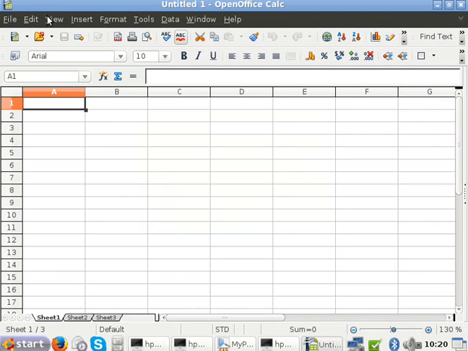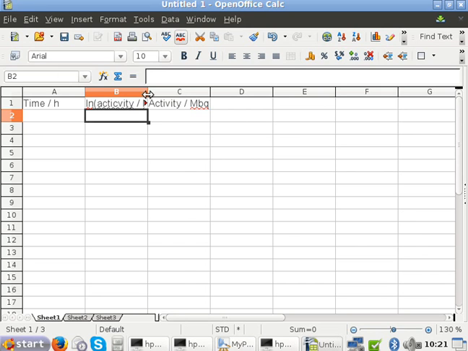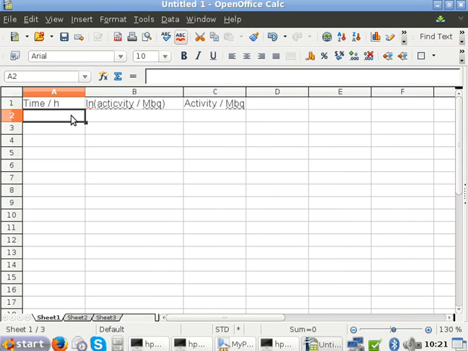Okay, so I need to get the numbers here. What do we have? We have time in hours. Then we have activity, but I'm just going to put the activity here to make it a little bit easier for me to graph in the Office program. And here is log activity. Okay, so the time is 0, 4, 8, 12, 16, 20 and 24, and the activities are 90,